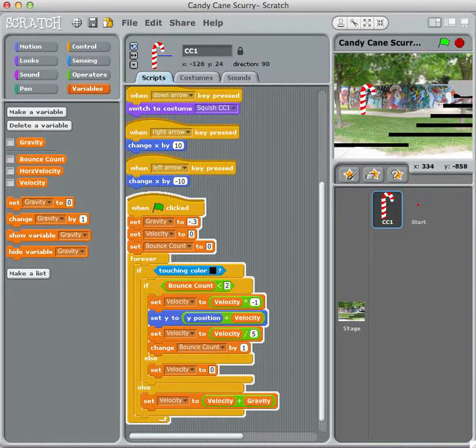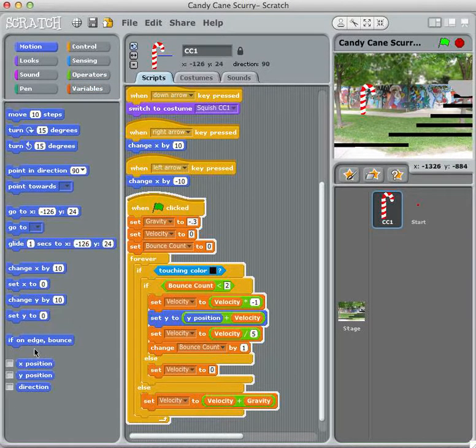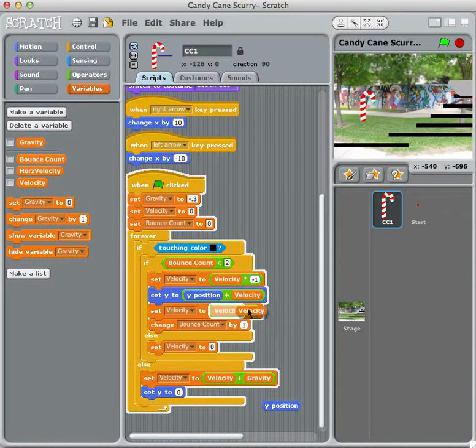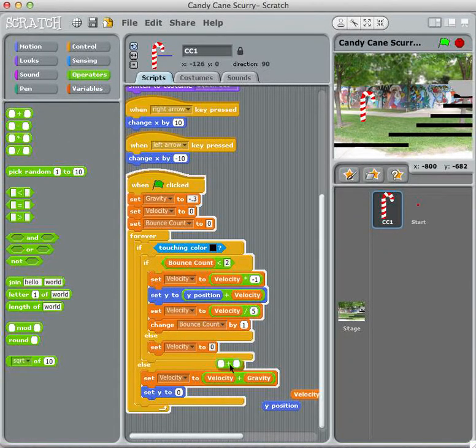So velocity plus gravity, and then set y to, which is right under the second, under set velocity to velocity plus gravity. Set y to, I'm just going to bring this out, y position plus velocity, but we need to get the operator, so let's go get it. Plus